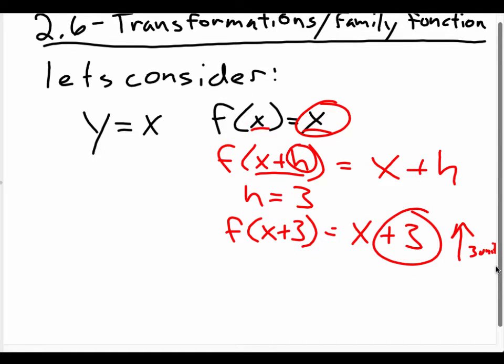Because if I plug in 1 for x, I get 1 plus 3, which is 4. But if I didn't have that plus 3, I would just have 1. So because I'm adding 3 to each number that I plug in, it goes up that same number. So when you see a function like this, sometimes it's a vertical shift of 3. Let's consider a different parent function. Let's consider f of x